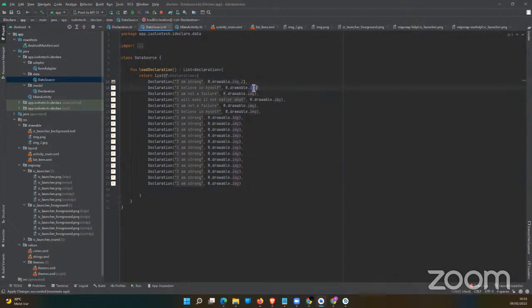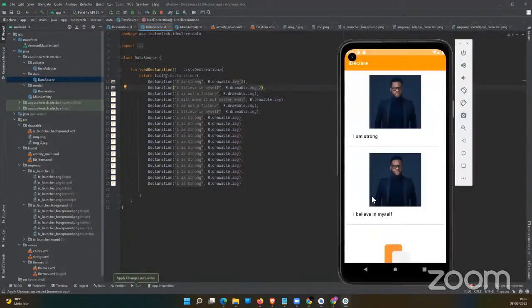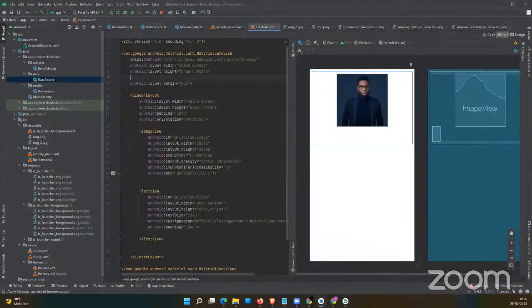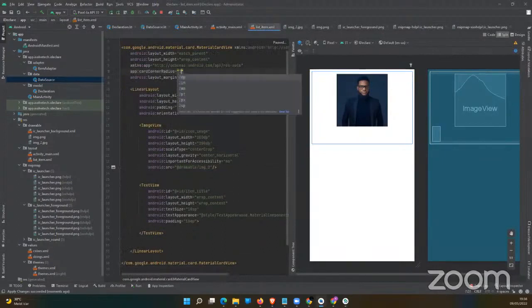Let me change just two of them and then let's see. Any other question? Is there any other question? Let's shoot. Okay, so yeah, you can actually see that it's better. But let me show you a few things about card view. We can add what we call a corner radius, just to kind of make it